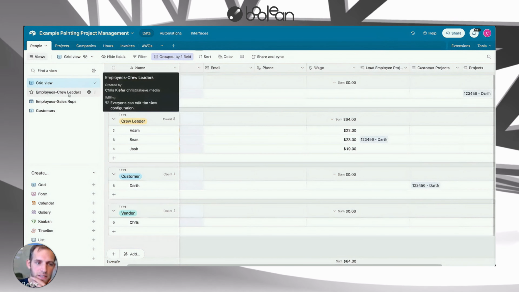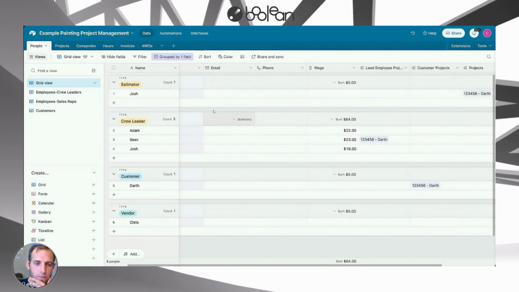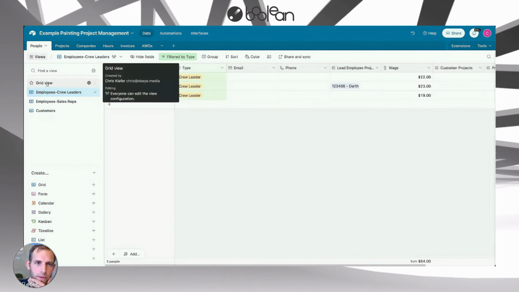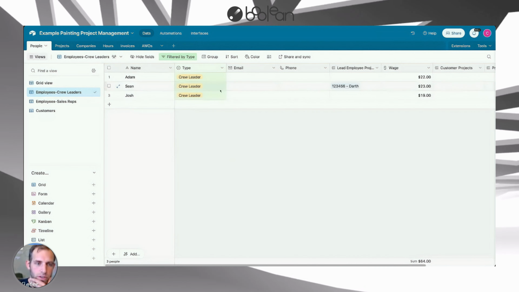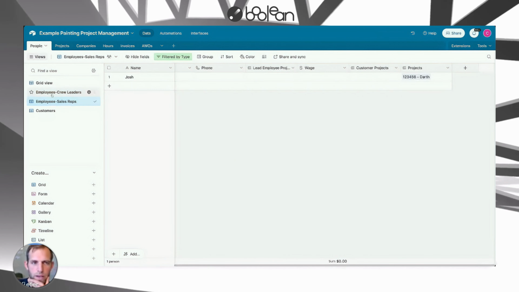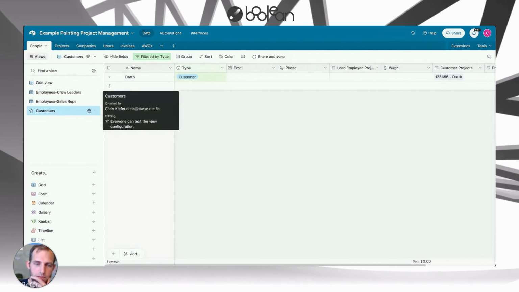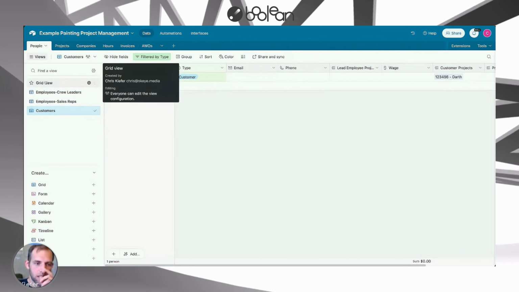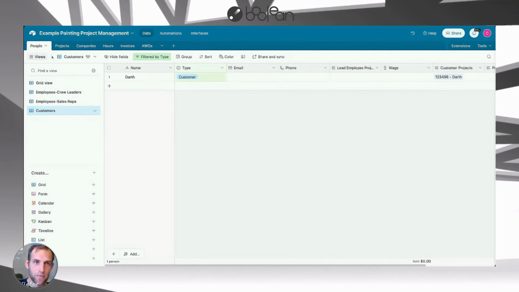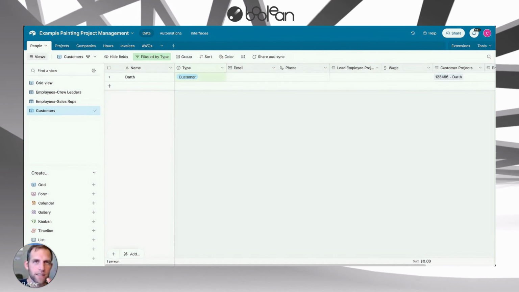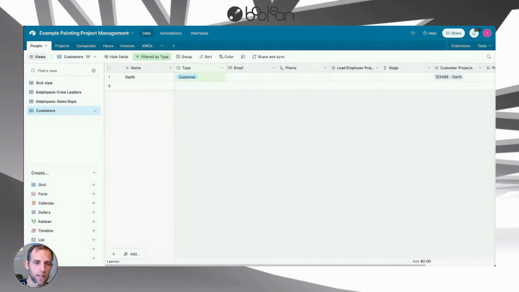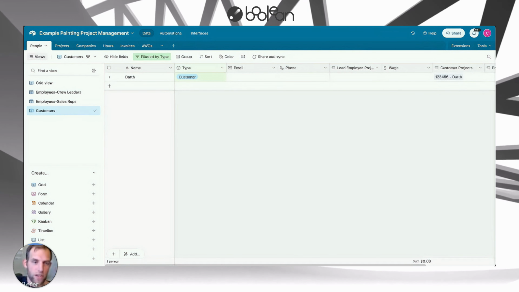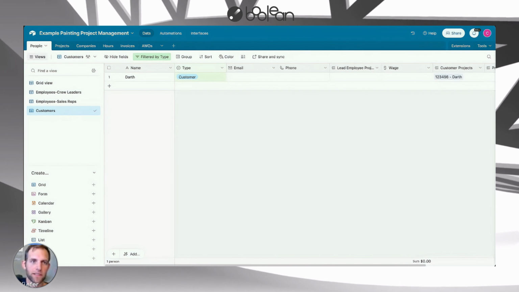And the reason is because this is your main database of everybody, but I can then look at just a segmented view of that database that's just going to show me my crew leaders or just my sales reps or all my employees combined or my customers. So the thing to remember is that it can be confusing to think in terms of a database, because a database is not designed for interacting with the role or the employee, right? It's just literally all the data you could imagine about a given